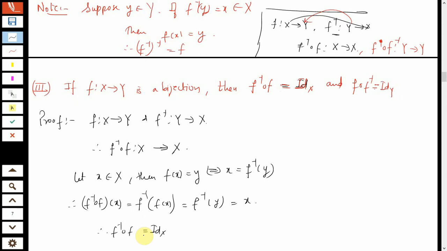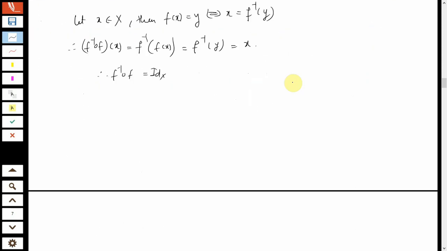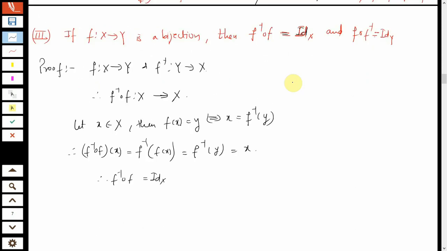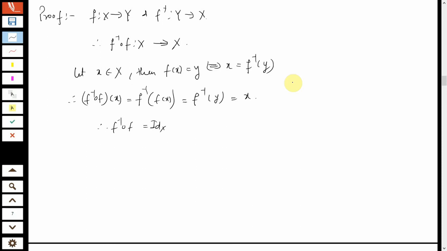First is an identity map on the set Y. For that, first we will show that f composite f inverse has the domain and the codomain as Y. Whenever I want f composite f inverse, f inverse is the second term in the composition, so I'll write down that term first. F inverse is a map from Y to X and f is a map from X to Y. I purposely write it in this way. So f composite f inverse would be mapped from Y to Y. So the domain and the codomain are the same.